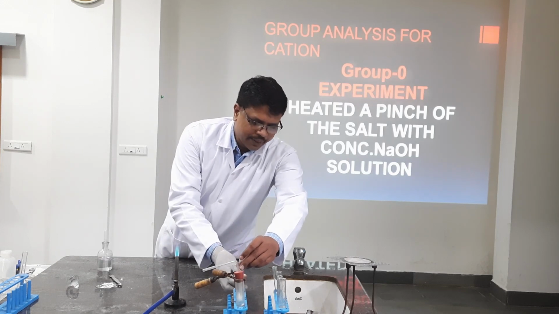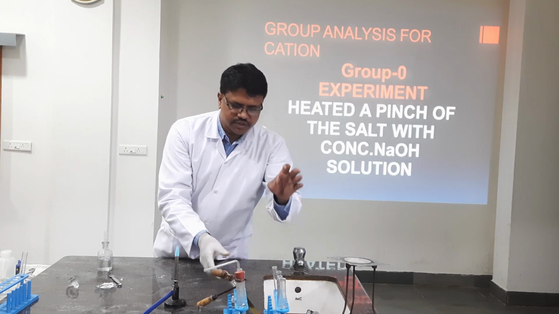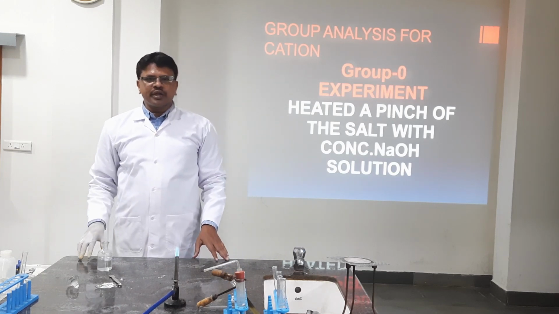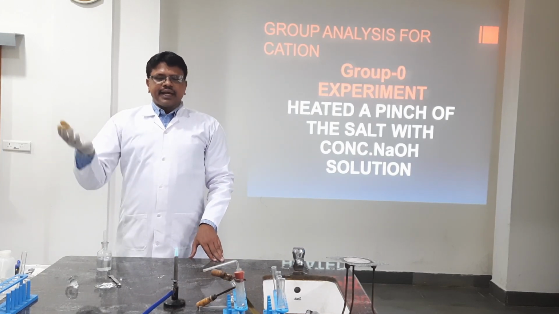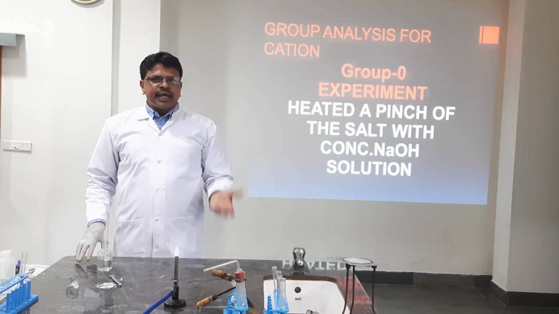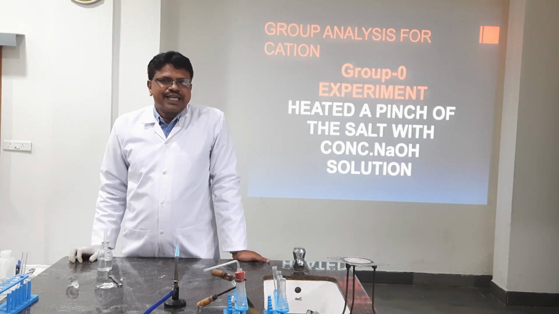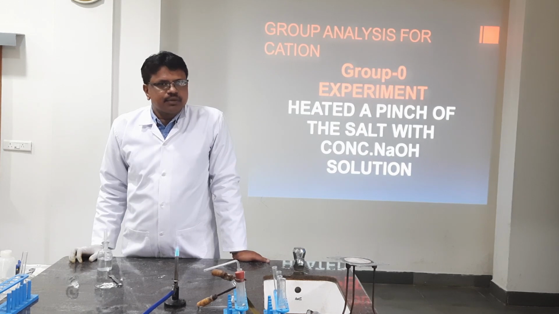Analysis of cation is done by using group analysis. This is called group analysis. Here, cations are classified into different groups based on common ion effect, solubility product and ionic product, that we are going to learn in the equilibrium chapter. In the Class 11th equilibrium chapter, these things are mentioned.